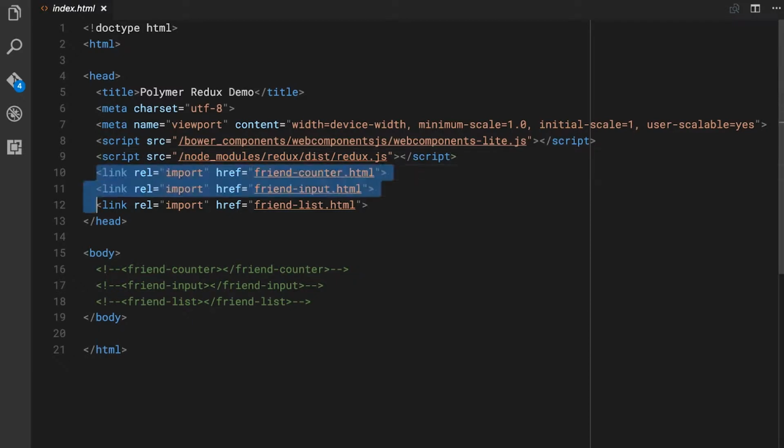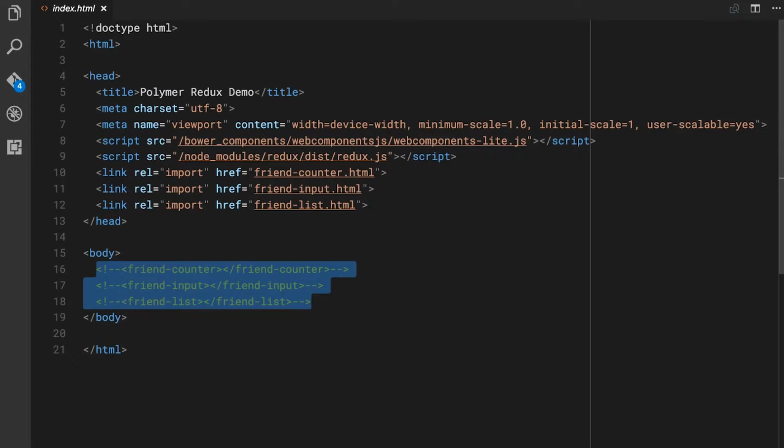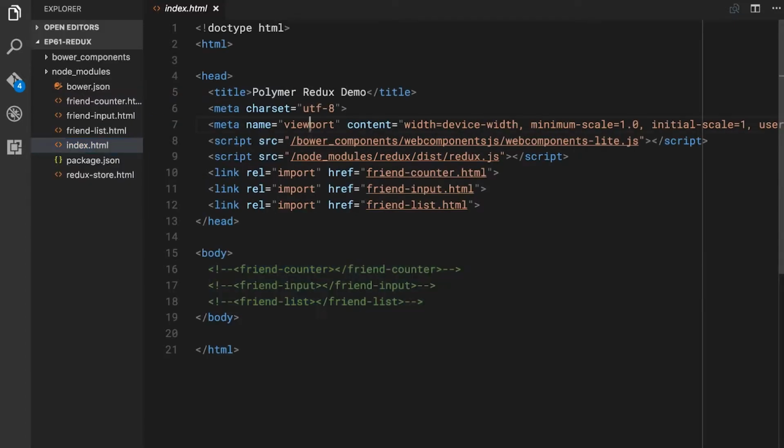And then I've got a couple elements that I'm going to build today: friend counter, friend input, and friend list. I'm just including the imports here so I don't forget. And then I've got the actual elements themselves commented out down here. So as I'm implementing each one, I will comment these back in, and you can see the results. OK? So let's start by defining our Redux store,